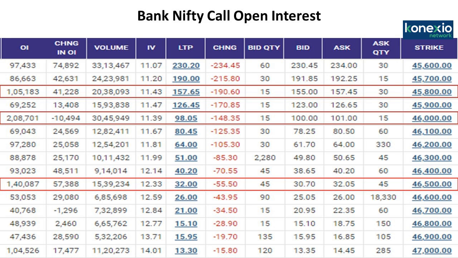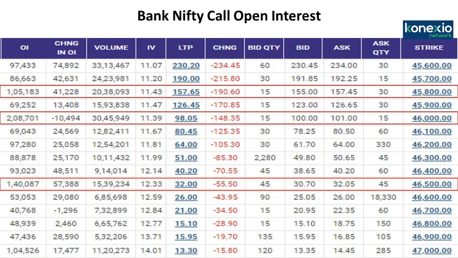Open interest is also changing on the positive side, but on the 46,000 calls there has been a drop in the open interest. I mean to say there has been a shedding in the open interest. So maybe 46,000 could act as a major resistance from these levels. If it closes above 46,000, then only are there chances that Bank Nifty might rally towards the level